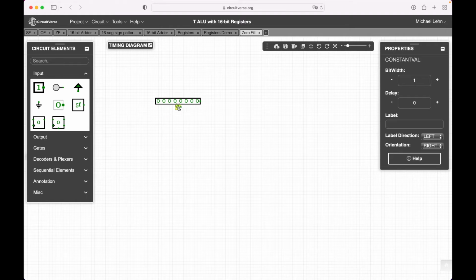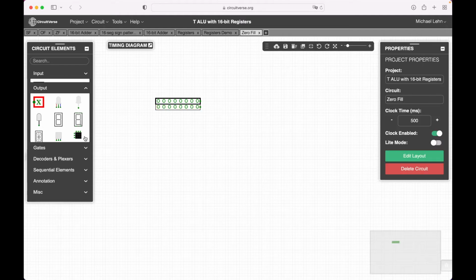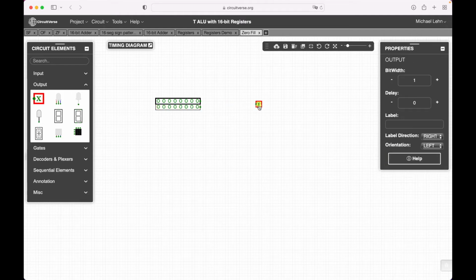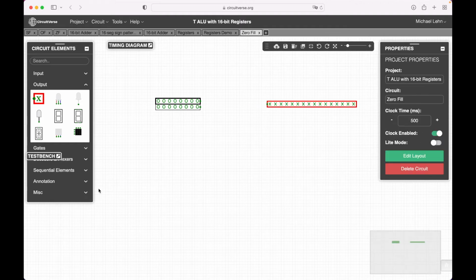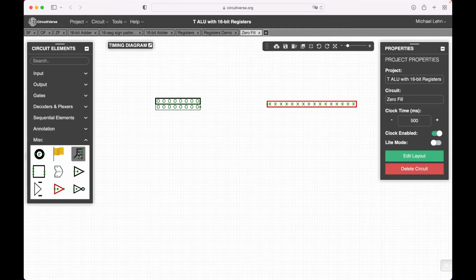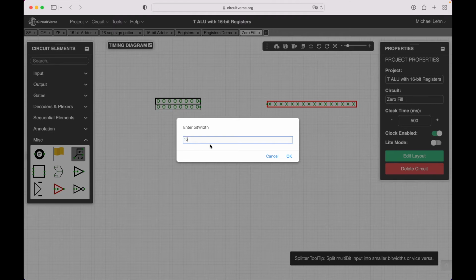Then also use an 8-bit const input device. This will give us the extension, the zeros. And then we need a 16-bit output device where we have this final zero extension. And then I combine the bit pattern that we have with a splitter